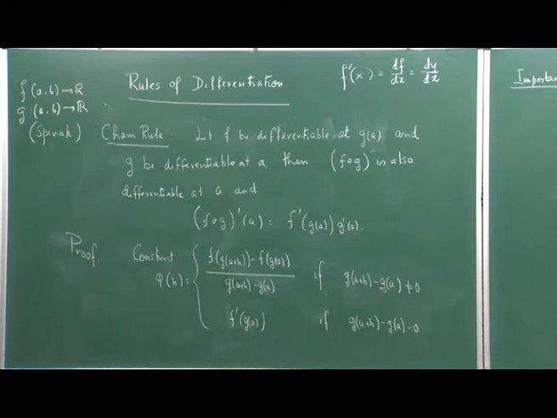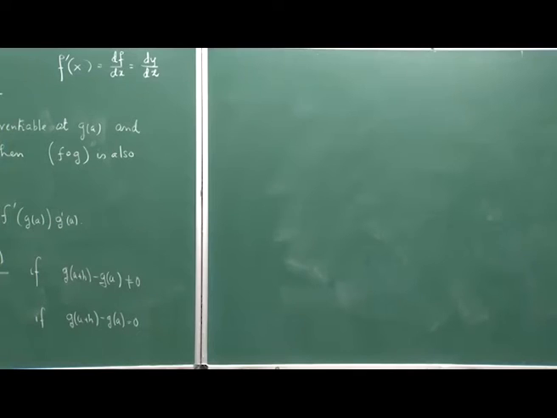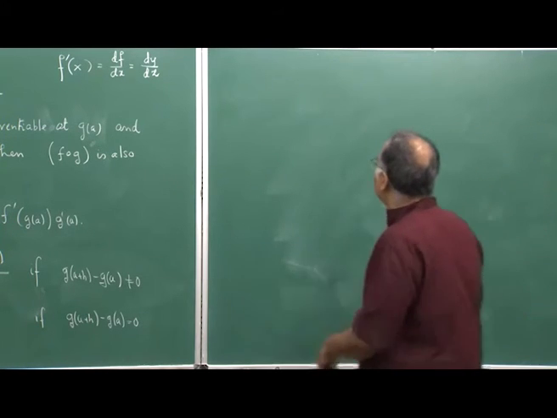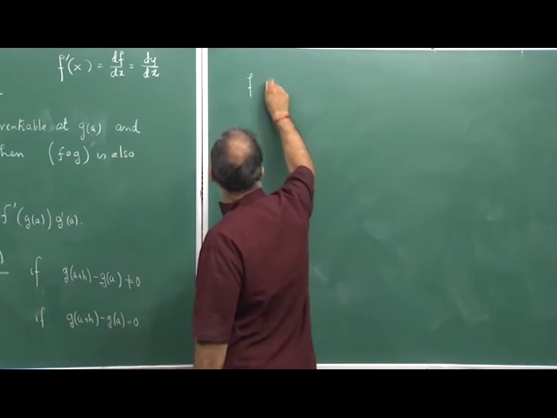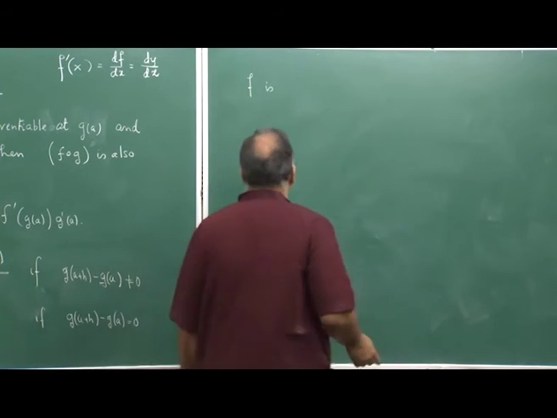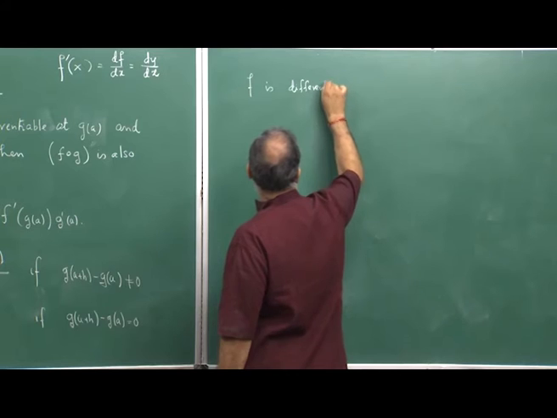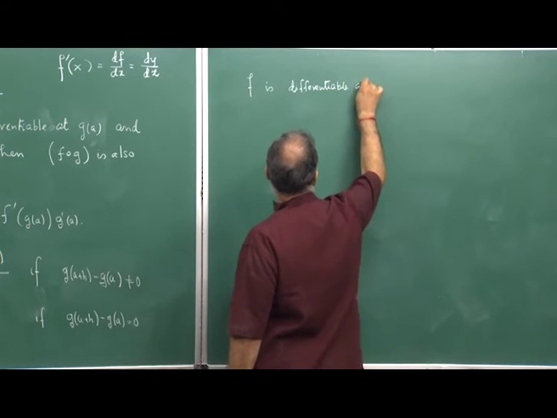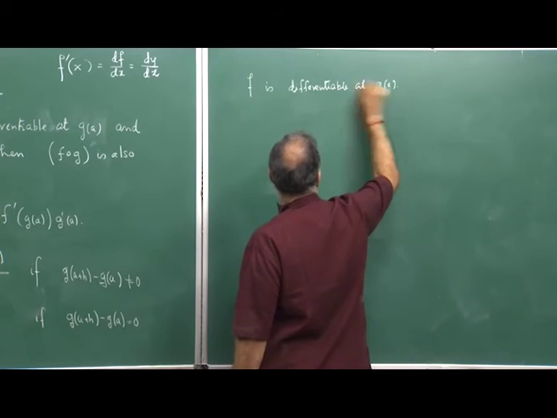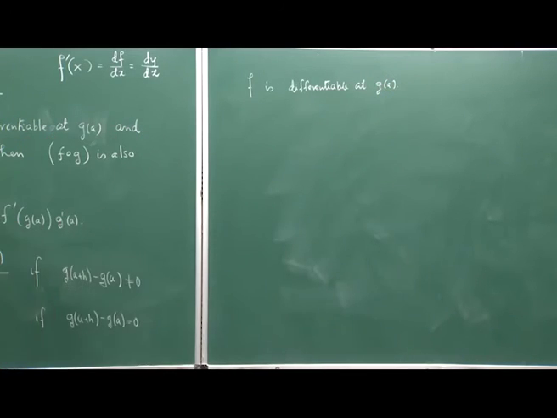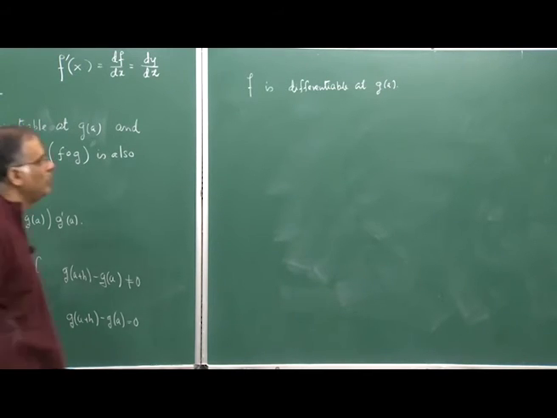So, whatever we have just said, that phi is continuous at 0, was just a brief idea that we have given, but we will now prove that phi is actually continuous at 0, and we will do it very step by step. So, f is differentiable at g(a). What does that mean, f is differentiable at g(a)? It means the following,